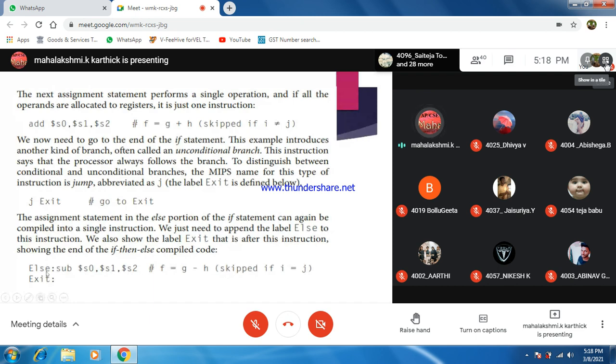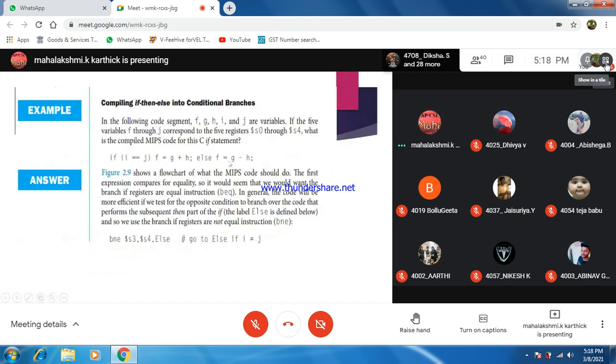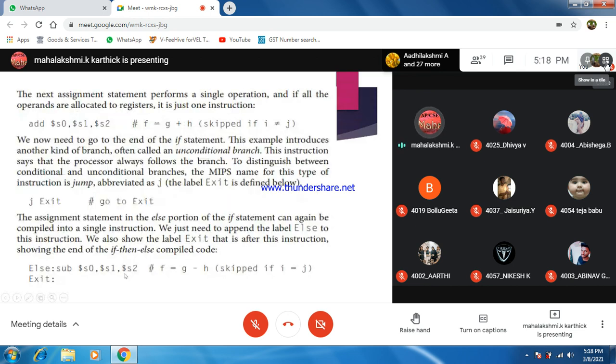The keyword itself we have to give as else colon. What is the operation performed inside the else? Subtraction. So sub is the keyword we have to use in assembly language. Where the result is stored: S0, equal to g which is register S1, comma h which is register S2.